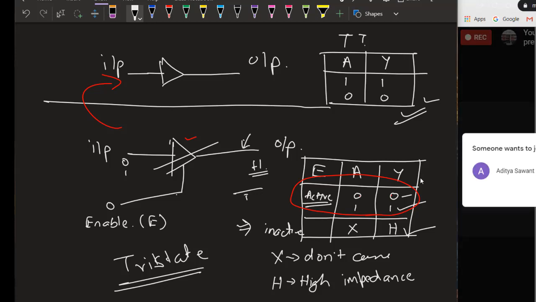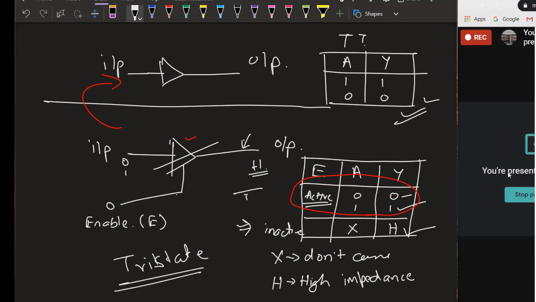Okay, जो भी आउटपुट में आप मेजर करोगे, जब यहाँ पे अनेबल में 0 आपने कनेक्ट किया, तो उस समय क्या होगा, आपका इनपुट और आउटपुट वर्चुअली डिस्कनेक्ट होगा, तो आपके आउटपुट में जो भी आउटपुट मिलेगा वो जंक वैल्यू रहेगा, उसके अलावा कुछ नहीं होगा, और उसी को हाई इंपीडेंस स्टेट कहते हैं. I hope this part is very much clear to you, what is the enable input. अब मैं अनेबल इनपुट का दूसरा एस्पेक्ट बताना चाहता हूँ, क्योंकि ये पार्ट ईजी है समझने को, तो दूसरा एस्पेक्ट जल्दी से समझ में आ जाएगा, that is active low.